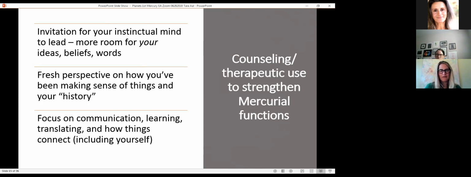And all of us as humans, we have a way of making story around things, which gets us through the day. It's part of our safety. It makes us feel okay. But there's room to let more truth into that story, or to let go of some old patterns that are not serving us, because it keeps the mental loops running an old story that we may not need to act out anymore today. So these are some of the things around counseling with choosing Mercury first.